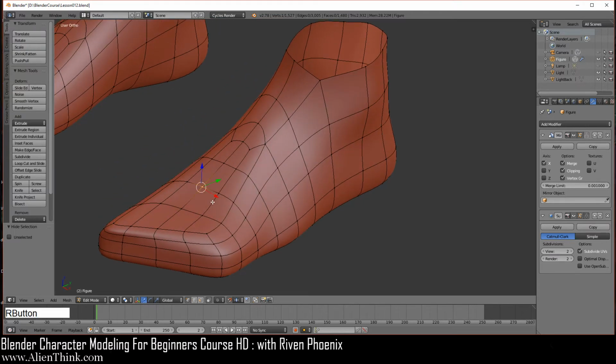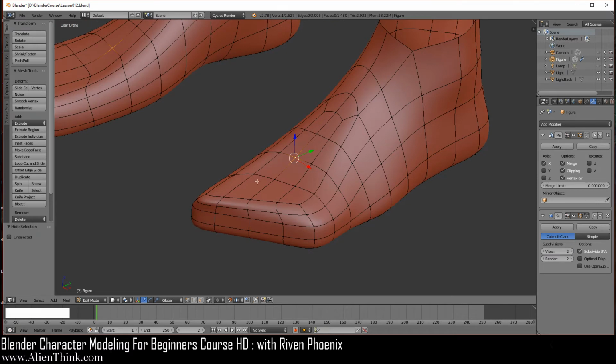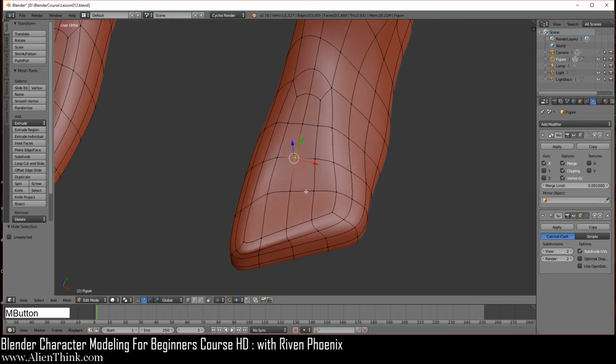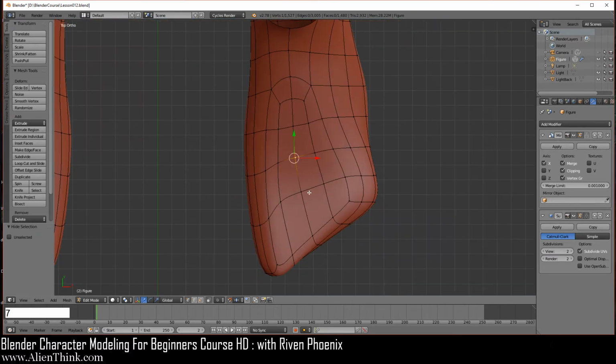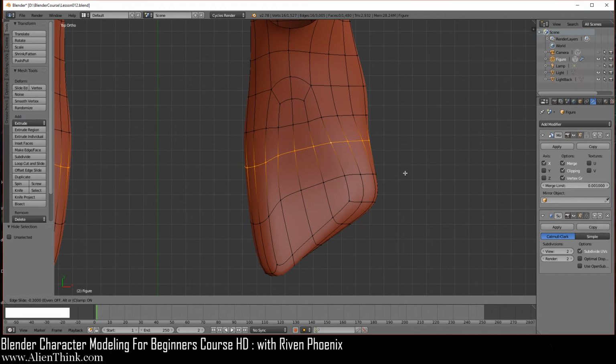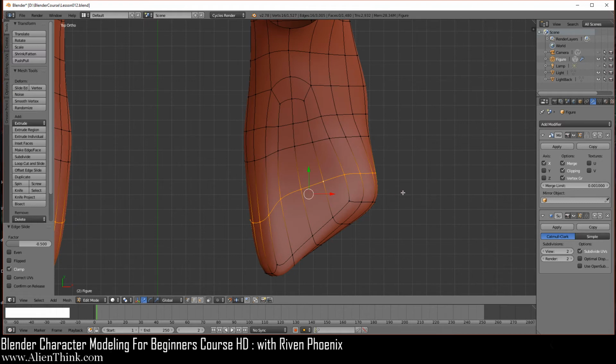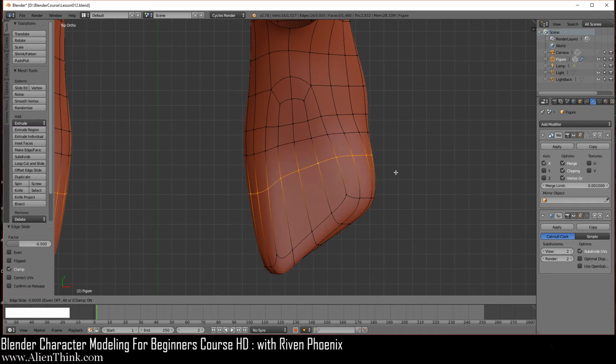Now I'm just going to click on this vertex, press the period key so I can zoom in over here. Okay, so what you want to do is go to your top view over here. And what we're going to do now is go ahead and Alt and click on this over here. We're going to press the G key 2 times and just move the mouse up 1, 2, 3, 4, and then 5. Okay, going to do the same thing, Alt and then right click this one, press the G key 2 times, 1, 2, 3, 4, 5, 6, 7.